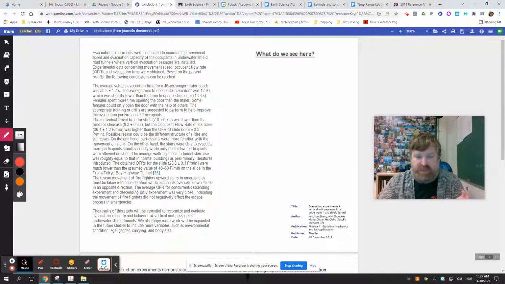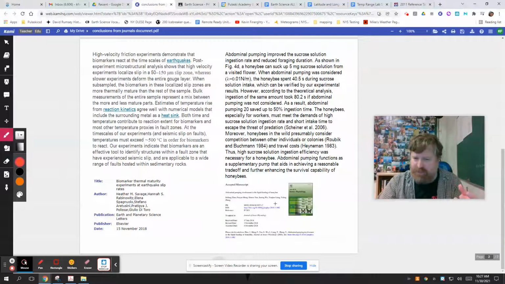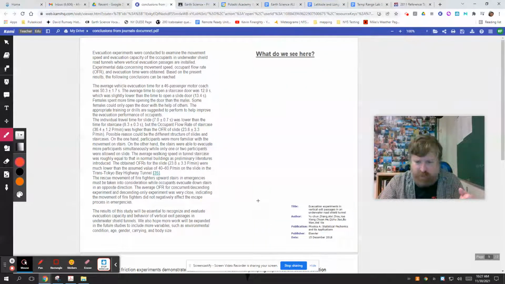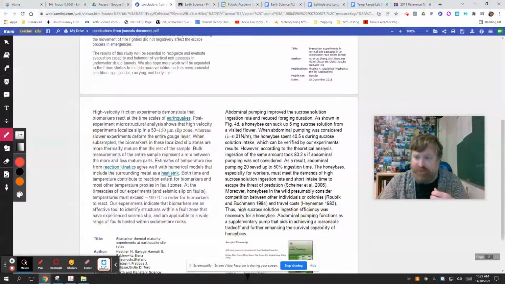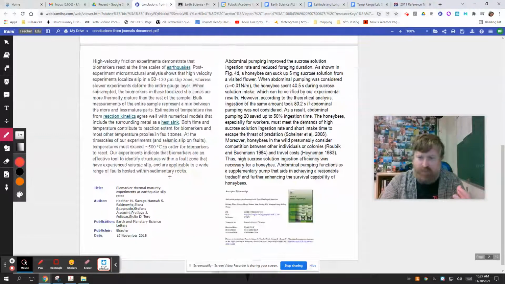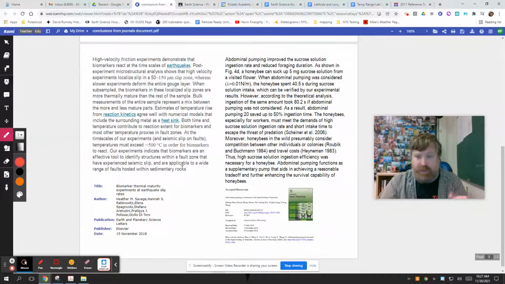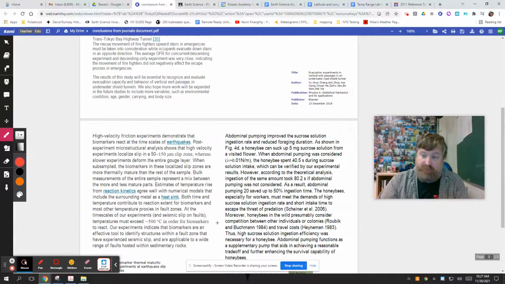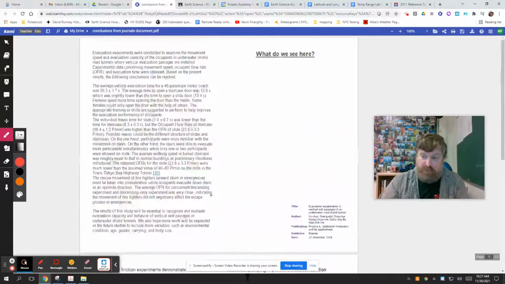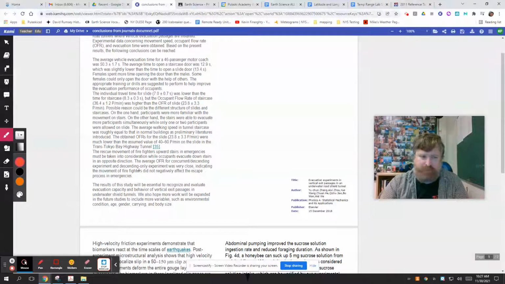And since we don't have the specific knowledge to read these, unless you know a lot about abdominal pumping in honeybees or evacuation experiments and exit passages in an underwater road shield tunnel, they're kind of difficult to read, right? So why did I do it to everybody that was in class? I wanted to say, even though our experiment was not this difficult or involved, it was relatively simple, like put two things in front of a lamp, they heat up for a while, then they cool off for a while. Could we take what,